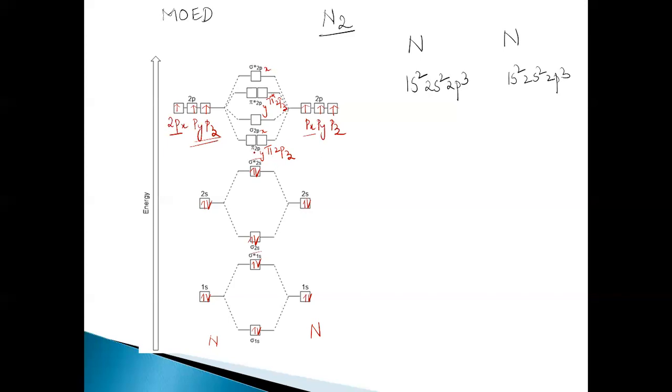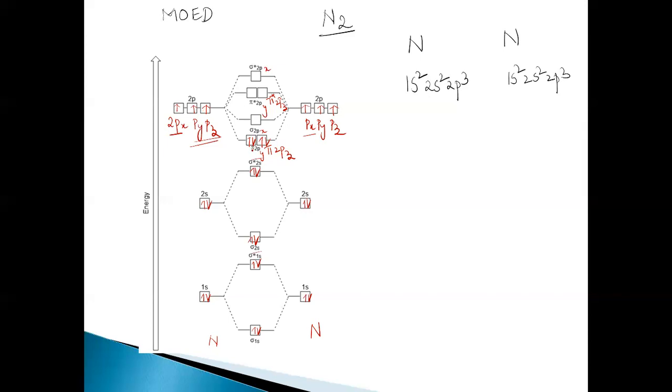This is the orientation when overlap takes place along the internuclear axis. The 2px orbital lobes result in the formation of sigma 2px and sigma star 2px. The py and pz orbitals, in their linear combination, result in the lateral overlap forming pi, which are degenerate orbitals: pi 2py, pi 2pz, and pi star 2py and pi star 2pz. The total number of electrons in this p orbital is 1, 2, 3, 4, 5, 6. First they are half filled, then the pairing occurs according to the rules.